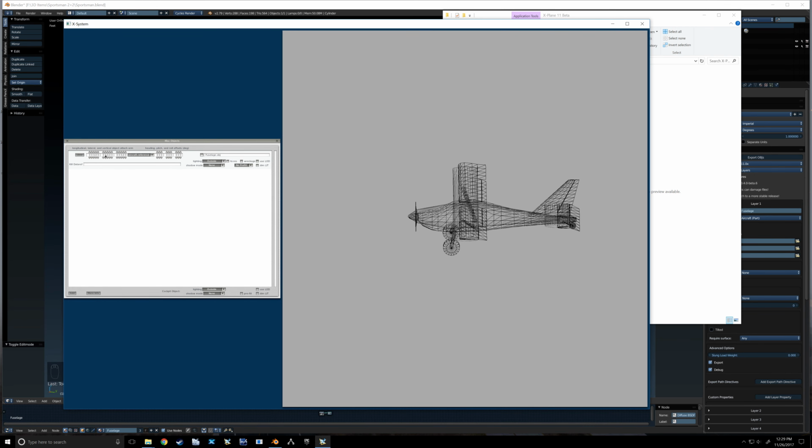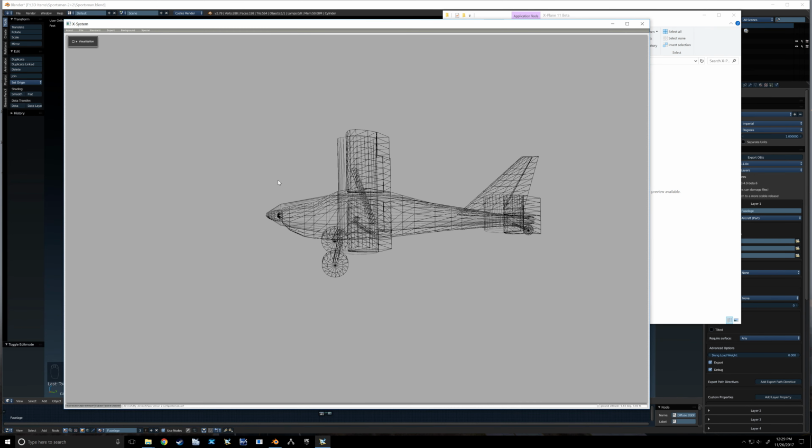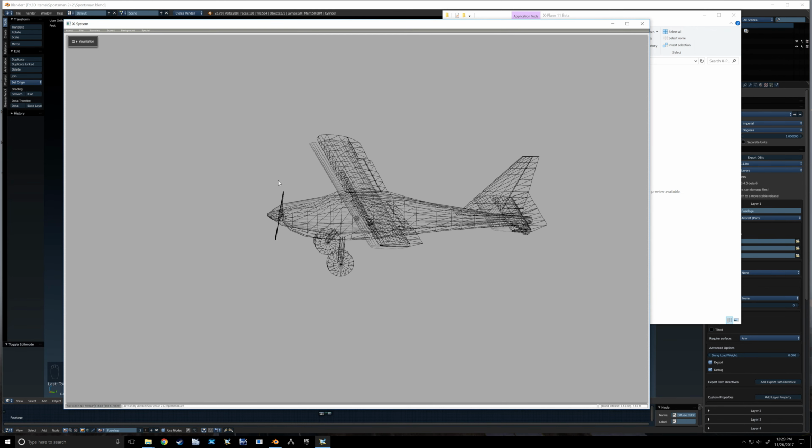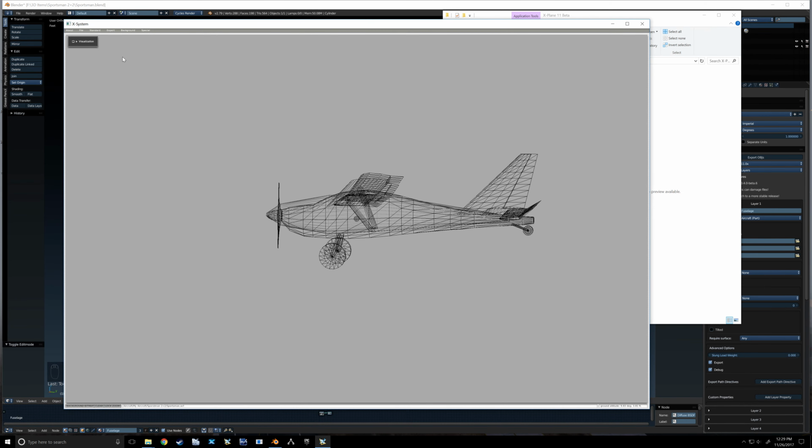And so you just tweak that, tweak it in Blender, back and forth until you have it lined up just how you want it, and then you use that for your reference